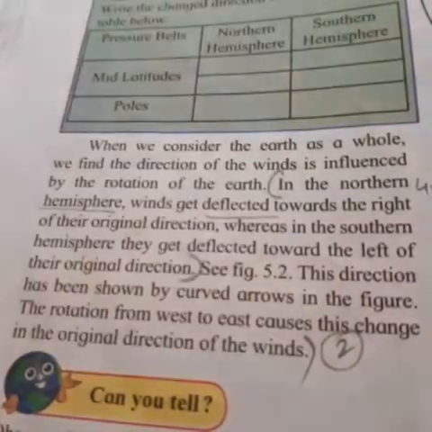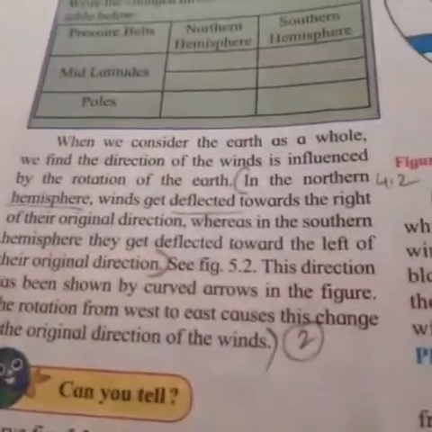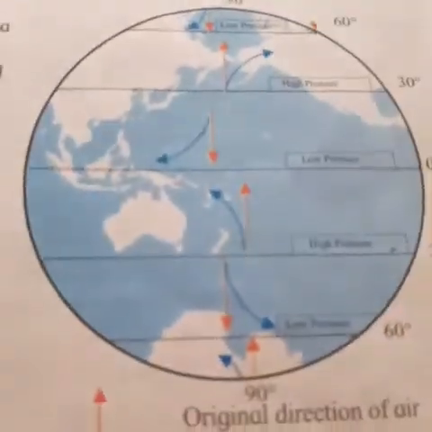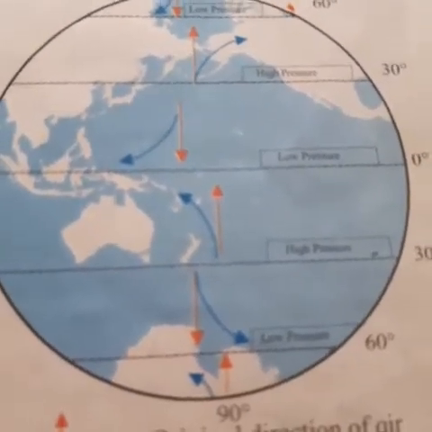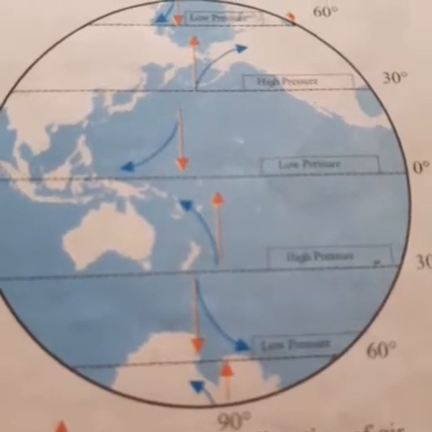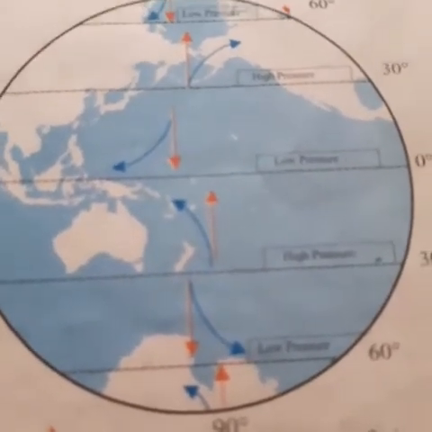The rotation from the west to east causes this change in the original directions of the wind. Now in figure 5.2, this is figure 5.2. Now in this paragraph they have explained that air moves from high pressure